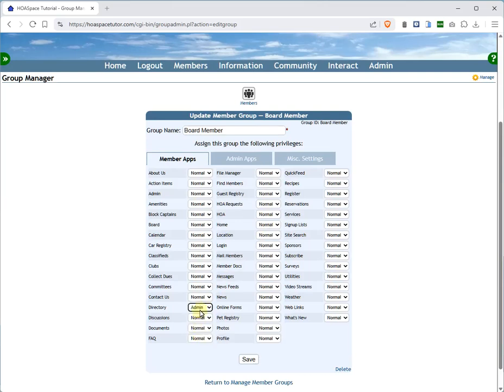I want them to be able to edit, add and change and delete members or change members' profiles. As a board member, I might also want them to have administrative access to the news app. I want them to be able to go in and add a new news story for the community. And there may be other applications depending on the group. So what you'll probably do for this